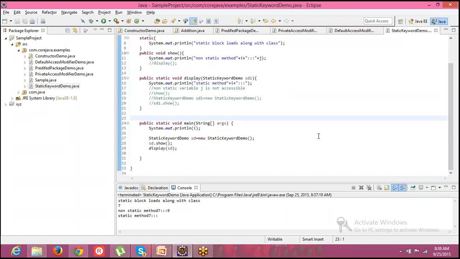So it will execute only static members, or any kind of variable? As it is static, if it is a static property, it can be a method or a block, anything. It is going to accept only static.